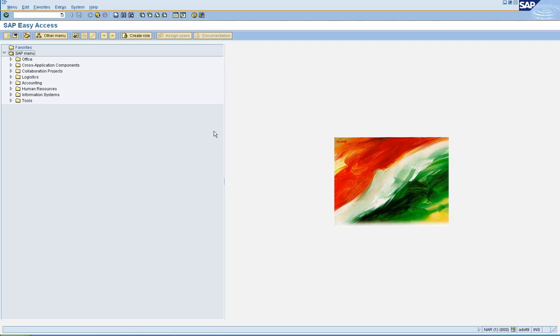The field values are not. Organization levels will not be transferred from the parent to the child. So you have to maintain them individually in the derived roles.